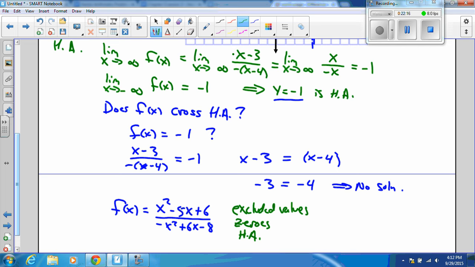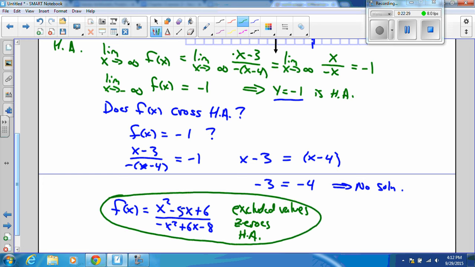If you can do all of that without prompting from the video, then you've got this lesson. And if you can't do all that without prompting, then go back and look at the appropriate part, and come back and do it until you can do it without prompting. So your goal for listening to this video, to say that you've succeeded with it, is to be able to sketch this guy by finding excluded values, zeros, and horizontal asymptotes. And then, tomorrow in class, we're going to practice